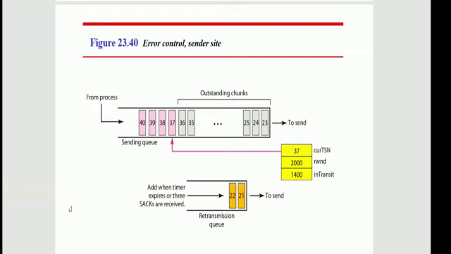So when the retransmission timer expires, the chunks in the packet will be moved to the retransmission queue to be resent. These chunks will be considered as lost chunks. From the retransmission queue, the next time the sender will send the chunk. And congestion control is also achieved in SCTP in the same manner as it is in TCP. Thank you.